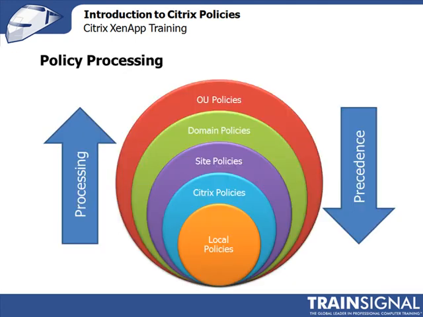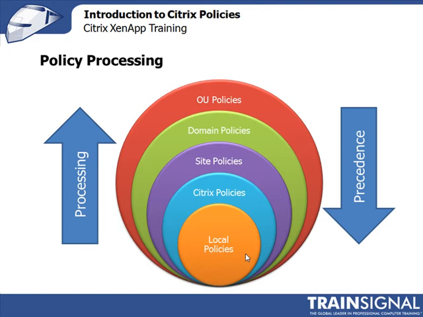Now, this is important because we talked a lot about how processing works, how precedence works, and so forth. I wanted to make sure you understood that every Windows server has a local policy that gets applied to it first. That's the first policy that gets processed. Once that's processed, the Citrix policies get processed. Then the site policies, then the domain policies, and then the OU policies. From a precedence perspective, obviously OU has the highest precedence over the servers, then domain, then site,